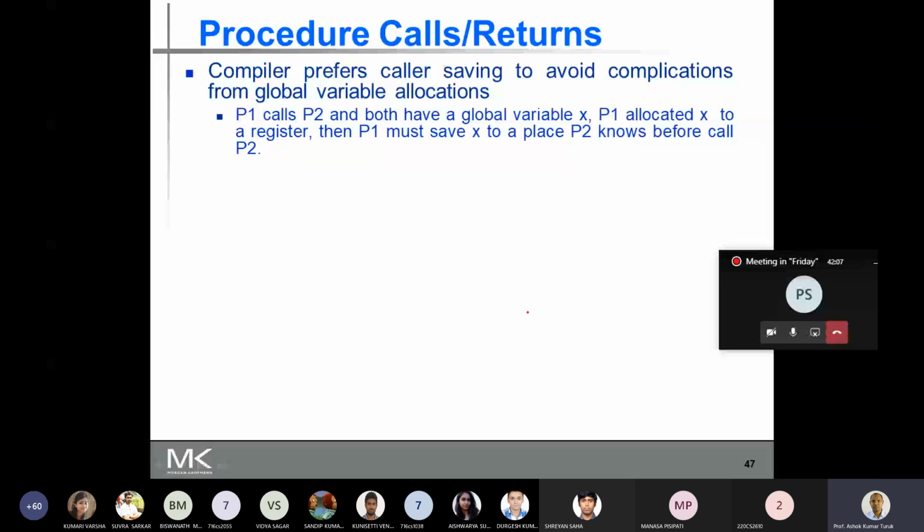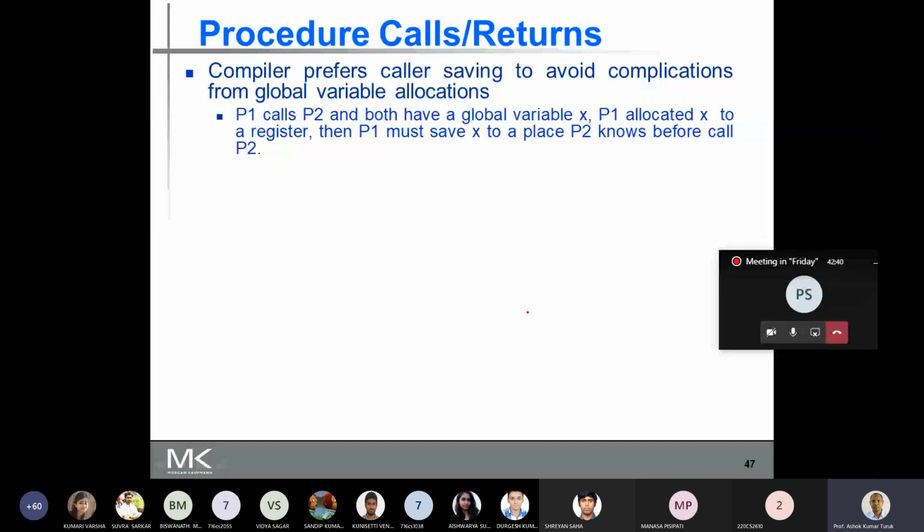You have two procedures, P1 and P2, and there is a global variable called X, and that global variable is used by P1 and P2. Let's say P1 calls P2, and the global variable X is allocated to a register in P1.